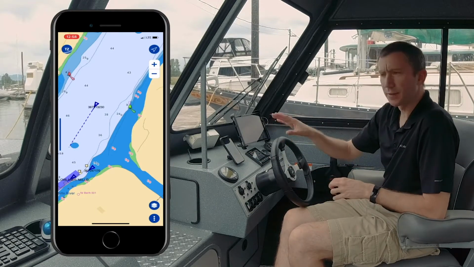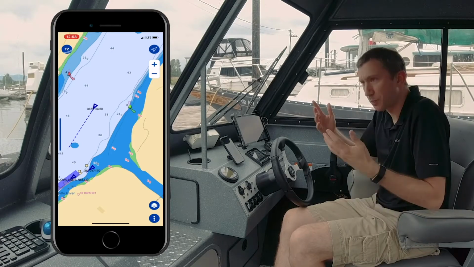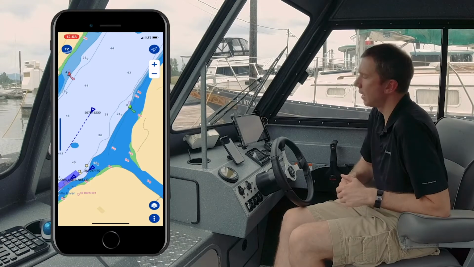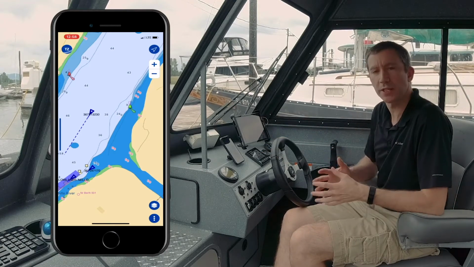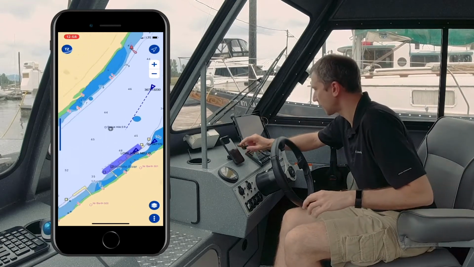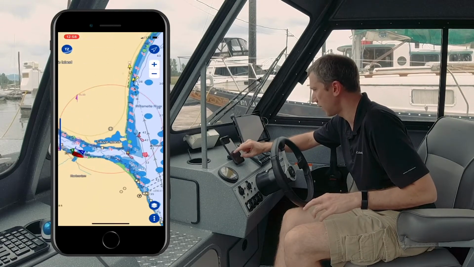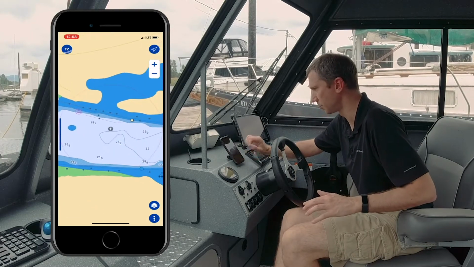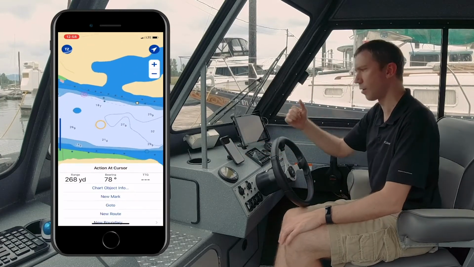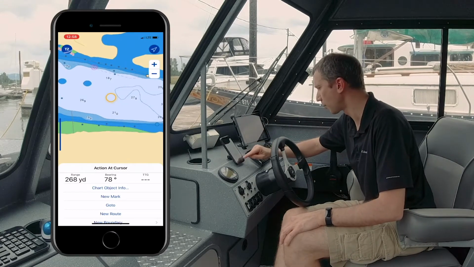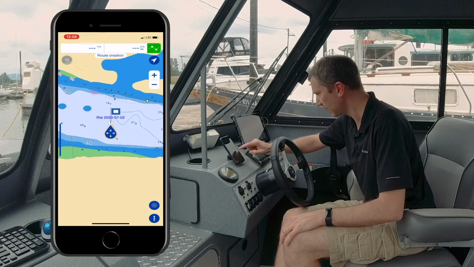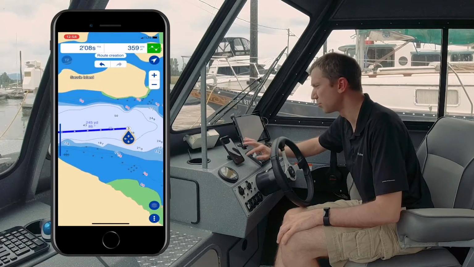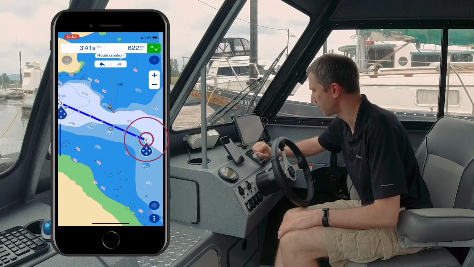So if I create marks or routes, or take a picture or catch from either device, it will synchronize all my user objects on the network. So that's great. So here, for example, just to show you what I can do, I'm going to create a route on my phone, just to show you how you do that. You just tap anywhere on the screen. You have a pop-up menu. I'm going to select New Route. And I'm just going to tap on my screen to enter my waypoints. Very easy to use. So here I'm just going to do a very small test route.